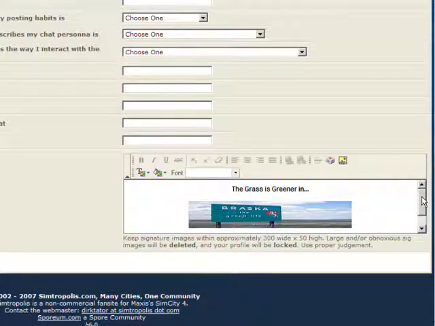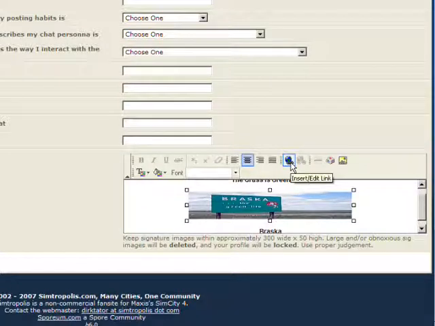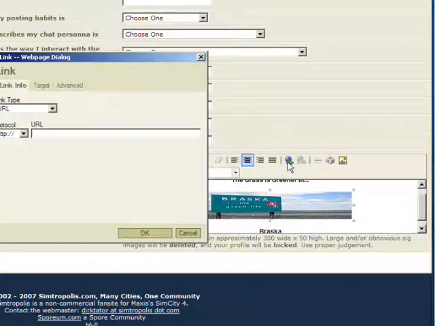To finish up our signature, the last thing you're going to want to do is create a hyperlink. And to do that, you're going to want to click on your picture, and then that'll give us the option to click on this button that says Insert/Edit Link. Looks like an earth with a chain around it. I'm not exactly sure what it is or what it means, but I do know that's how we add our links. After clicking on that, you will get a link web page dialog box,